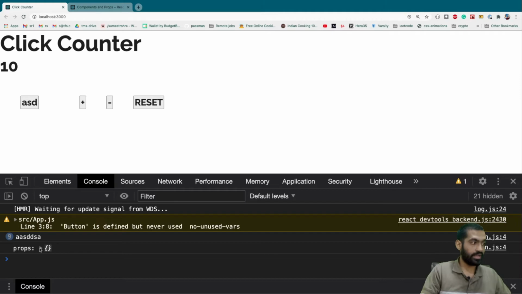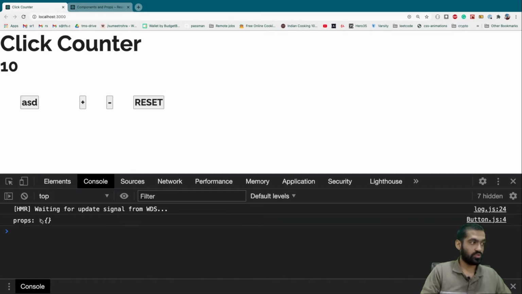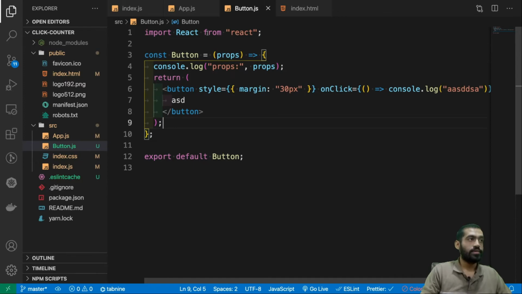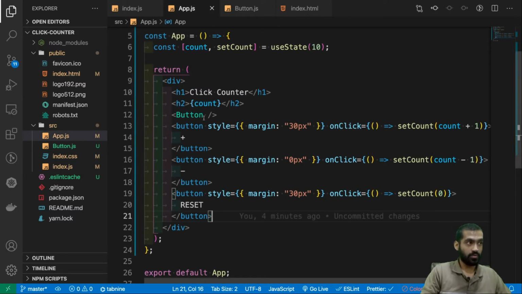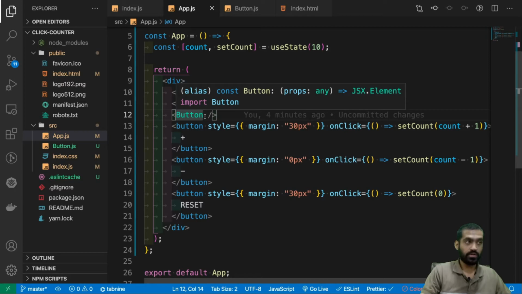It is getting an empty object. Let's refresh. So this props is an empty object. Now what React.js is trying to say is that I can pass these props as I'm passing attributes here. I can also pass props in this component.